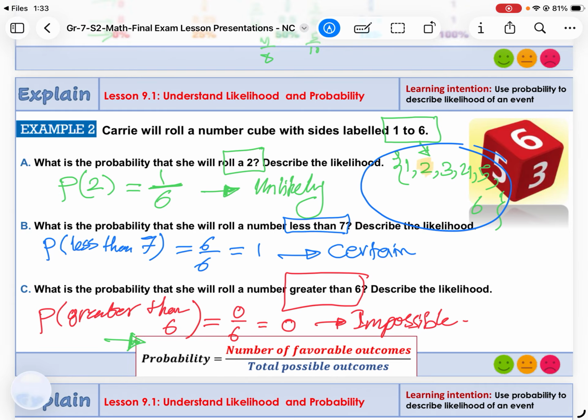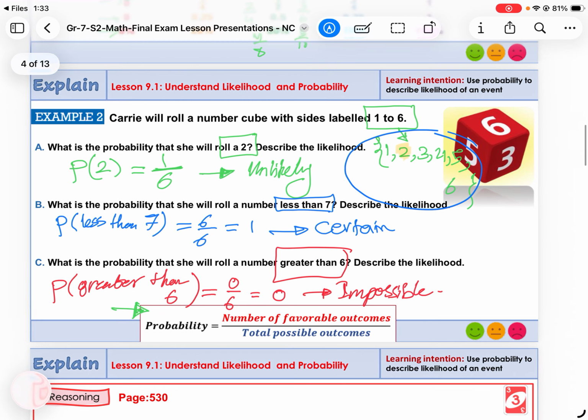So you guys, for this lesson, you just have to find the probability and you need to describe it. Find it, it means give me a number. Describe it, use a word. That's it. The questions will be one number, one word. No need to overthink it. Okay, now,